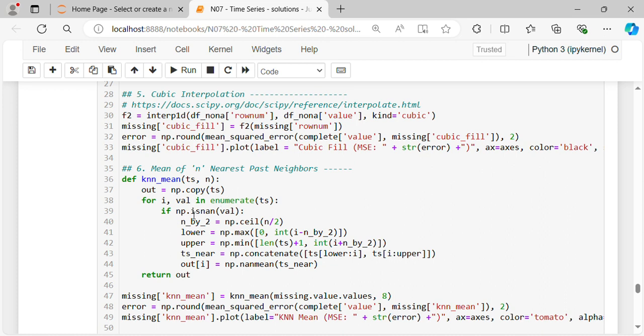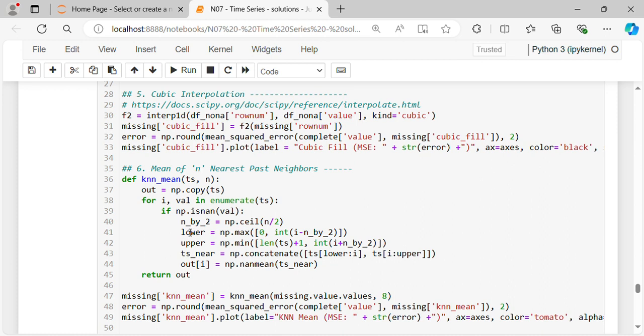For i, value in enumerate of ts, if np.isnan of value, then, which means that if the value is a nan value, which is a missing value,